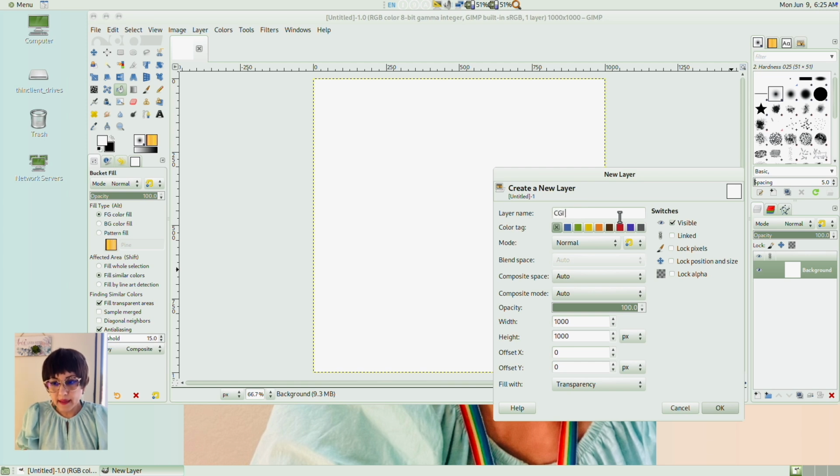Okay, here I'm adding a layer for the drawing because I want to draw it with a transparent background.